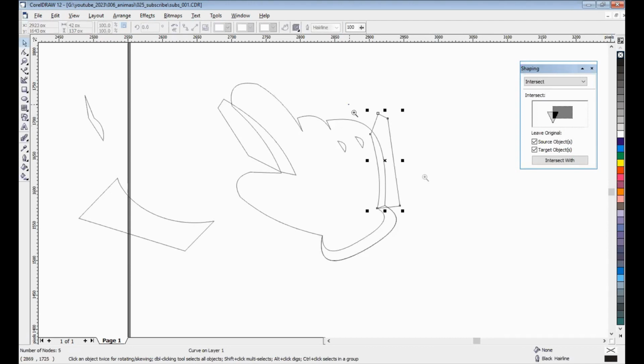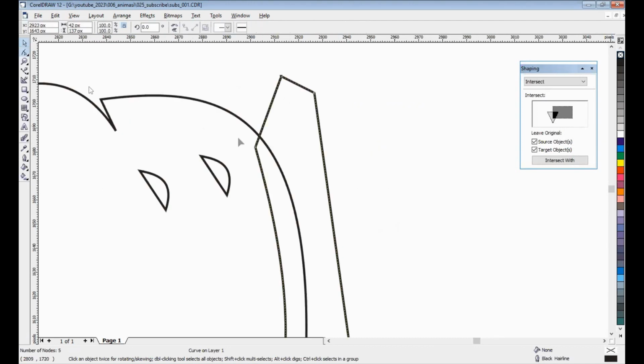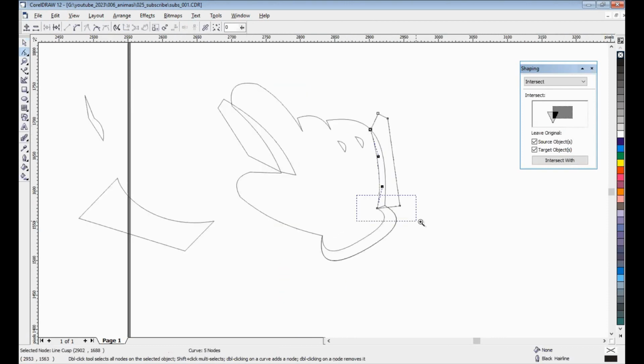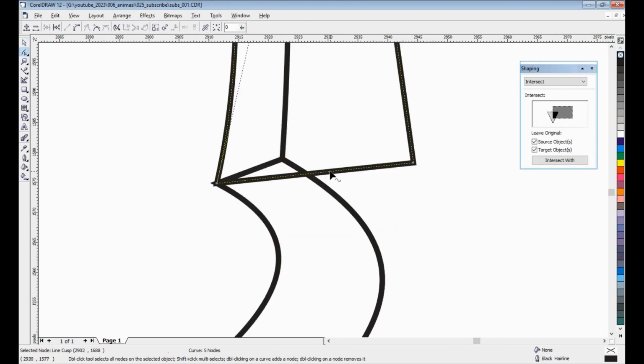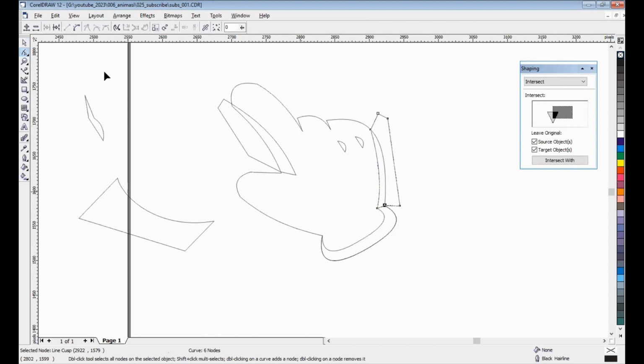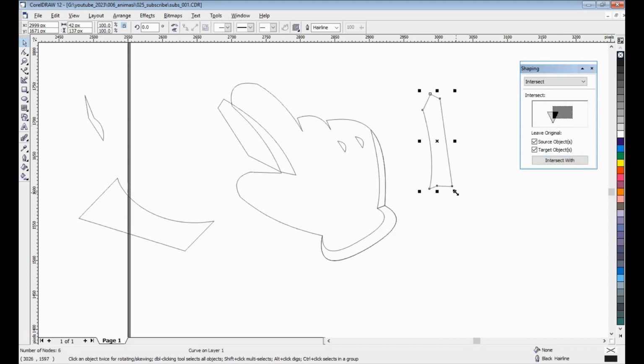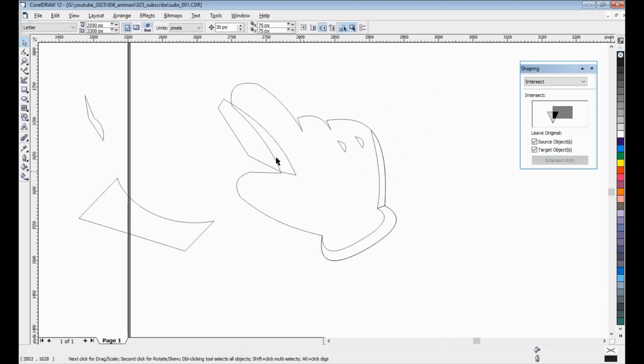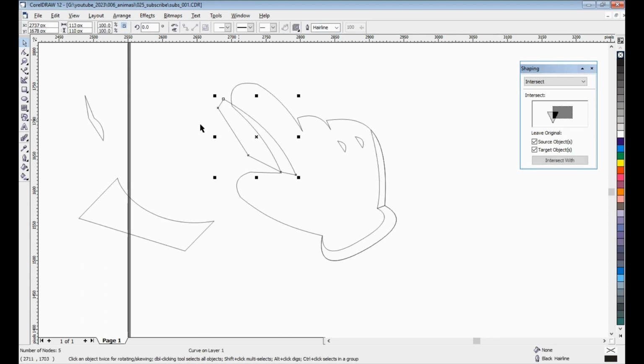Okay, I will try to take a node and put it like this. After that, I want to make another node and put it here, and then I will create an illustration of this. Intersect with this. Okay, that's the result.